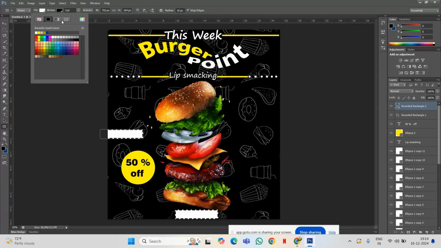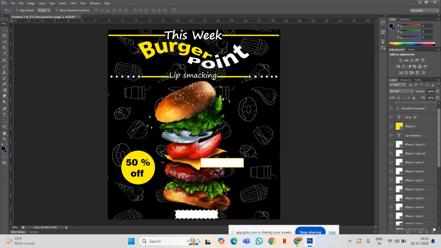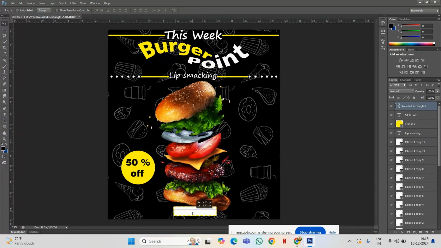Stroke will be yellow. Here it has taken the other shape. Here this one I'll delete. Here I'll give